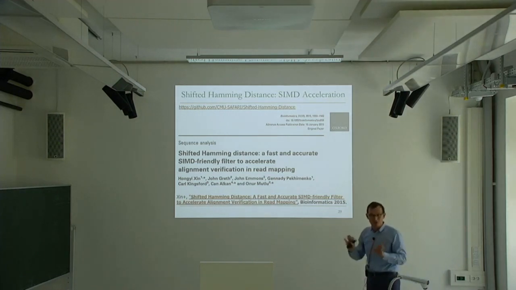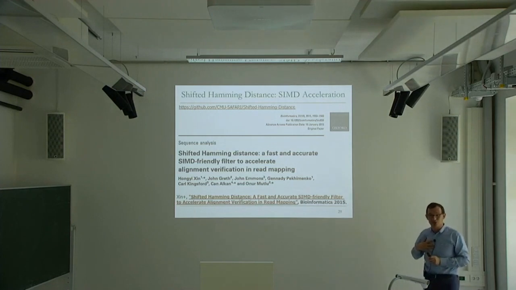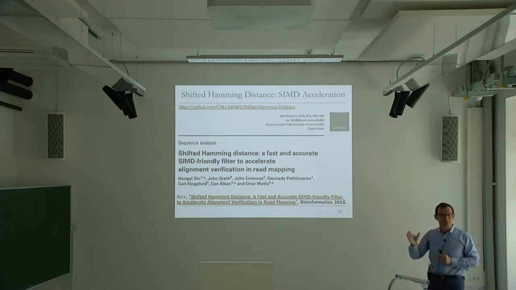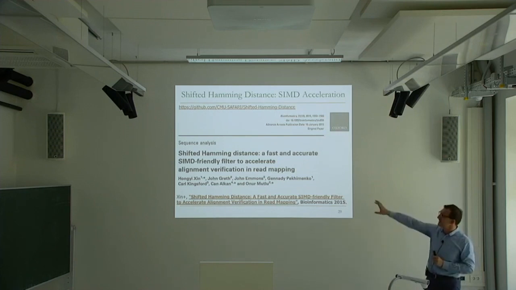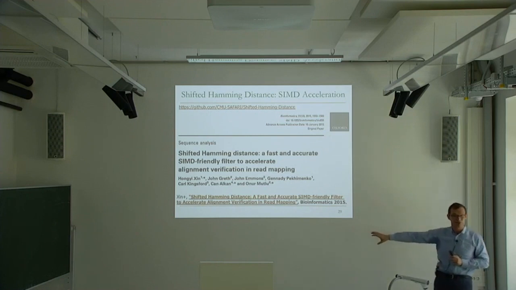Of course, this is approximate. It doesn't give you the edit distance clearly, but our goal is not the edit distance. Our goal is a very quick test that tells us whether these two strings are approximately similar. And if the filter tells us they're approximately similar, then we go ahead and do the edit distance computation, which is very costly.